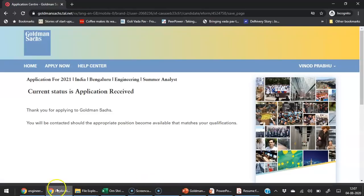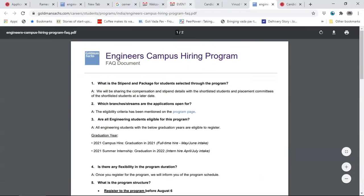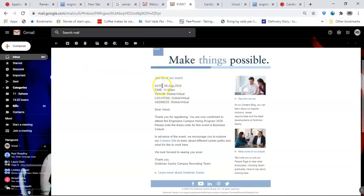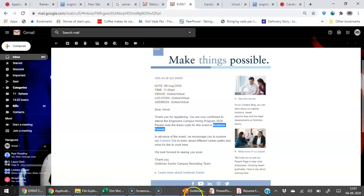Let me just show that to you as well. You'll get this mail, the second mail, event confirmation. It says Engineers Campus Hiring Program. It says 9th August, 11 a.m. is the date. It'll all be online, and they've asked you to be in business casuals. Please ensure you are in business casuals. So to get more details of this event, which is on 9th August at 11 a.m., what you do is